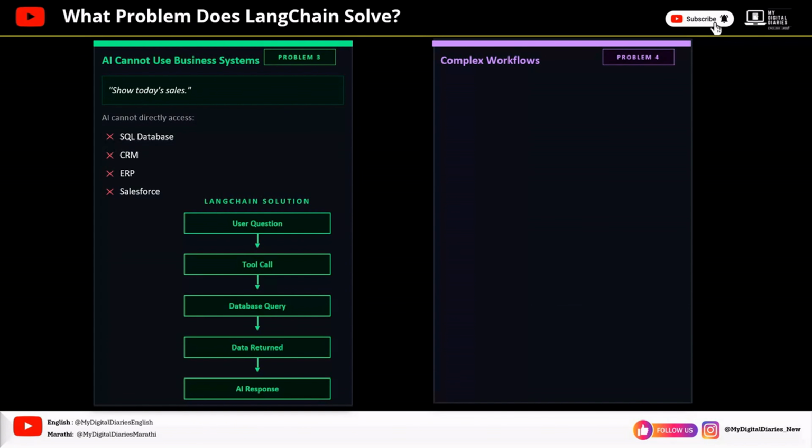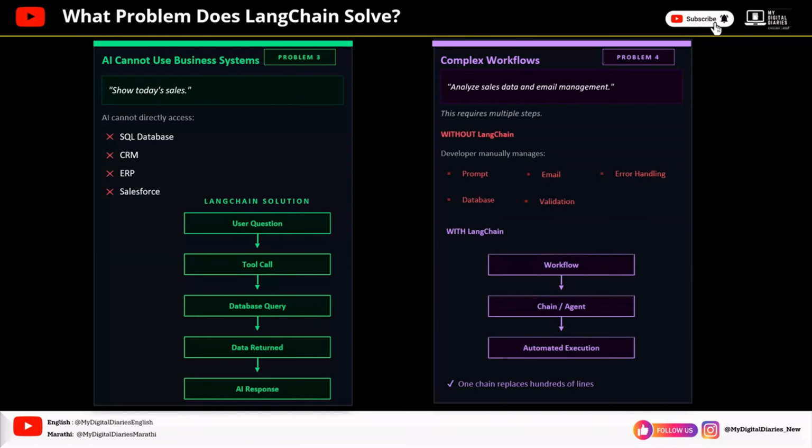Finally, problem 4, complex workflows. Some requests aren't just one simple step. For example, analyze sales data and email management. This one request actually needs multiple steps to happen in the right order. Let's see how LangChain solves this.